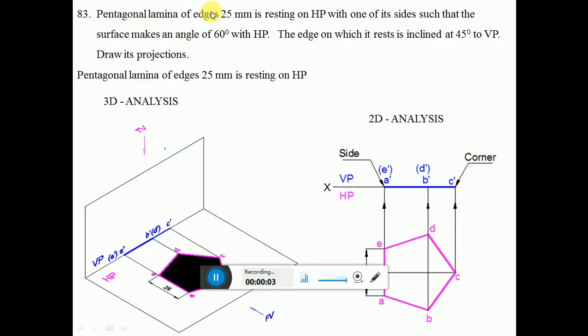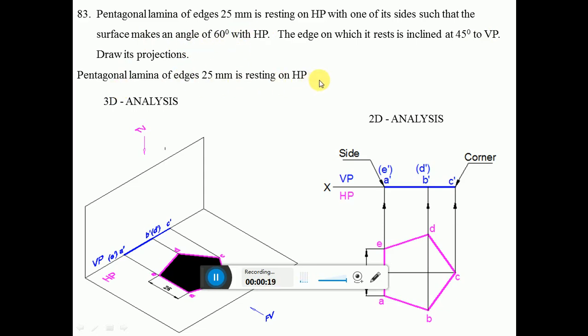Pentagonal lamina of edges 25 mm is resting on HP with one of its sides such that the surface makes an angle of 60 degrees with HP. The edge on which it rests is inclined at 45 degrees to VP. Draw its projections. So since he has given the surface inclination with respect to HP and also the edge is